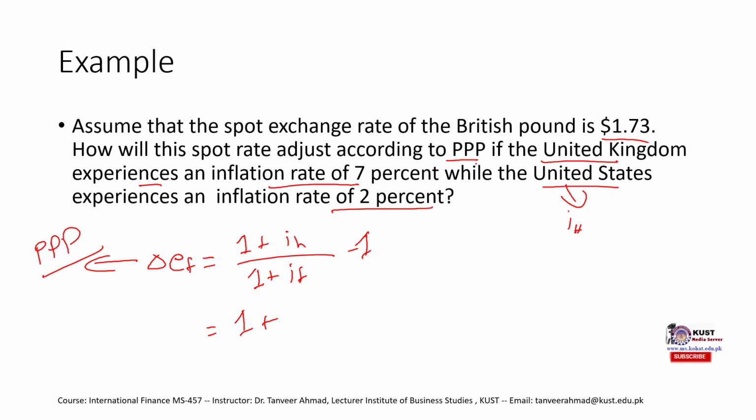But you need to understand the idea. When it says purchasing power parity, then we need to use inflation rate rather than interest rate. Okay, so inflation of home country is 0.02, while the United Kingdom experienced an inflation of 0.07, minus 1. So if we simplify this, we will get